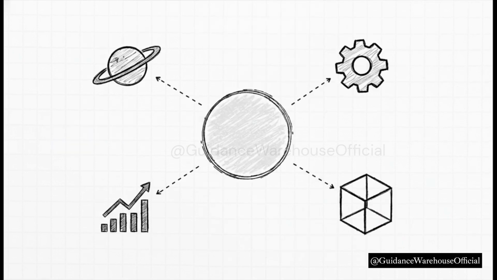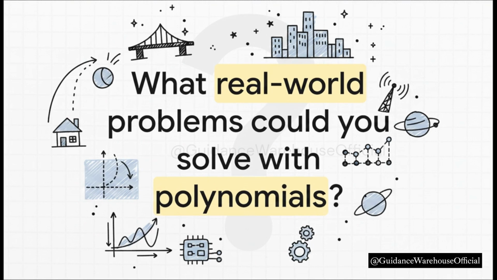And the crucial thing to take away from all this is that it's not just about doghouses or homework problems. Polynomials are a fundamental language. It's what physicists, engineers, and financial analysts use to model and make sense of the world. From a simple shape to the complex orbit of a planet, polynomials are the tool we use to describe it all. So, we've gone through the basics, what polynomials are and how we can work with them. This is a tool set that really opens up so much more in mathematics. So I want to leave you with a question to chew on. Now that you've got a handle on this